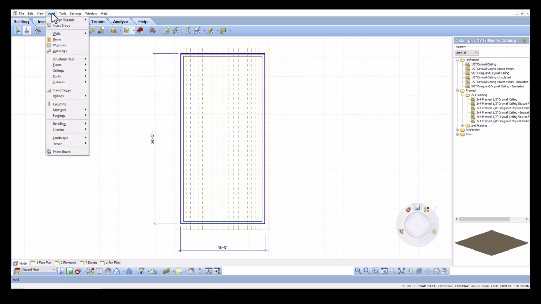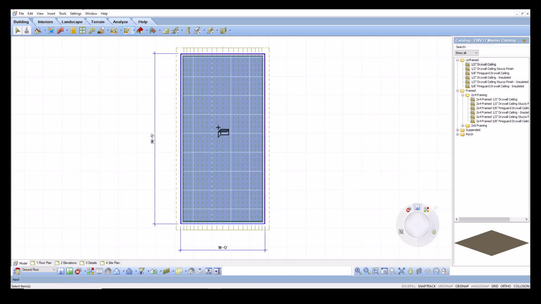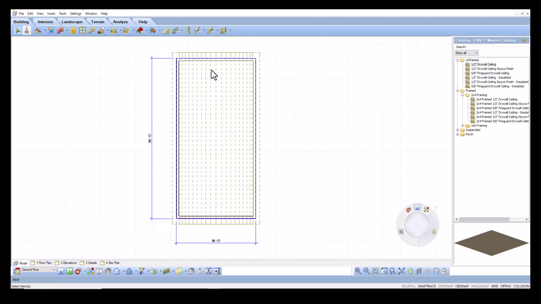You can go up and select Insert Ceilings and select Ceiling by Perimeter, or you can select underneath the Building tab, use the drop down beside the Ceilings button and select Ceiling by Perimeter. We're going to use the 1/2-inch drywall ceiling, and we're going to left click right in the middle of our design. As you can see, an orange dotted line has been inserted, and this is representing where our ceiling has